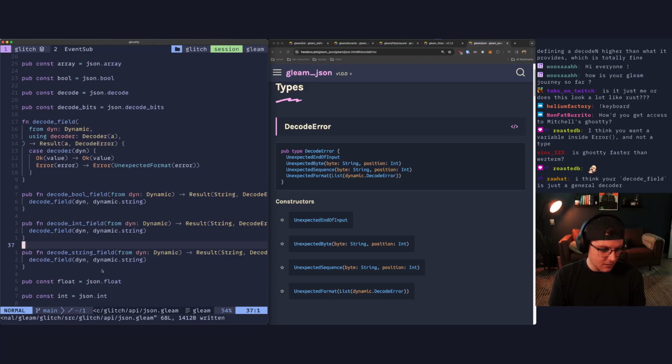I think your decode field is just a general decoder. It is, but it maps the error to, in fact, we could just do,